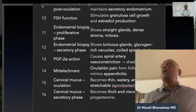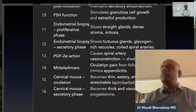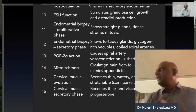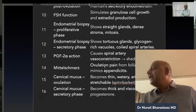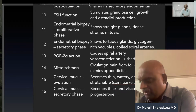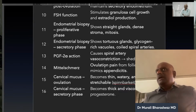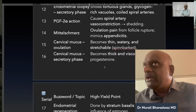Okay. Now, how is the endometrial biopsy in the follicular phase, which is also called the proliferative phase? Straight glands, dense stroma, mitosis. For the secretory phase: tortuous glands, glycogen-rich vacuoles, coiled spiral arteries. Why? At the end of the secretory phase, what happens? If fertilization does not happen, menses occurs. Therefore coiled spiral arteries, glycogen-rich vacuoles, and tortuous glands characterize it. Right, doc? Then the cervical mucosa,